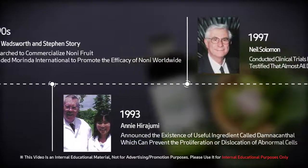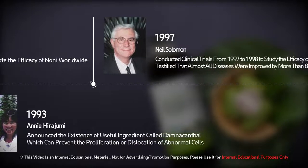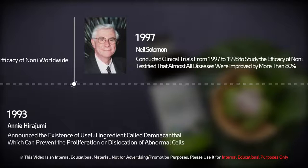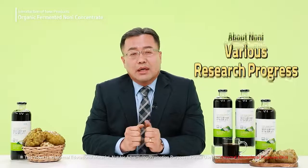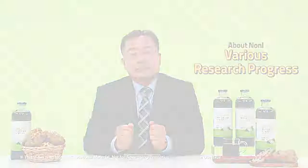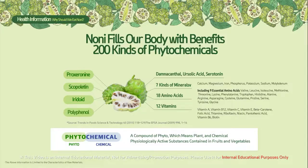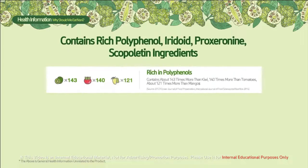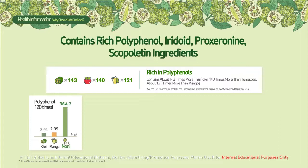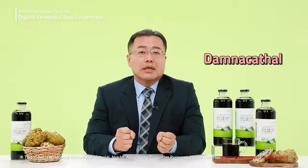Medical doctor Neil Solomon conducted clinical trials for over 20,000 patients for about 2 years and found that almost all diseases were improved by more than 80%. Since then, a lot of research has been done on Noni, and as many members already know, Noni contains vitamins, minerals, amino acids, proxeronine, iridoid, and scopoletin, which is a representative substance of anti-inflammatory and antioxidant polyphenols. Noni has polyphenol about 100 times more than mango, kiwi, and tomato. There are 19 types of iridoids. In addition, it has a lot of useful ingredients such as